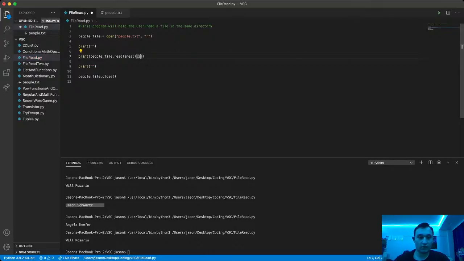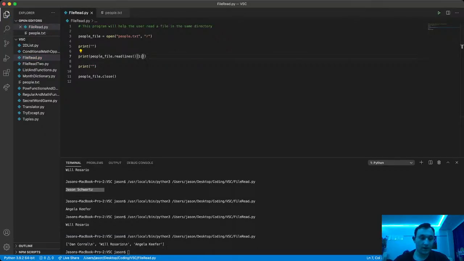And then something else you can do is 1 colon. Now if I do that, it should give me everything from 1 until the end of the list. So it skips over 0 because that's technically the first line, and then it goes 1, 2, 3. Now if I want to exclude a certain amount, I can do 1:3, and by running that,